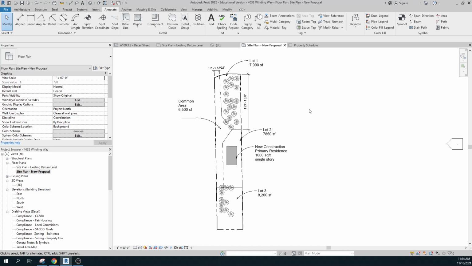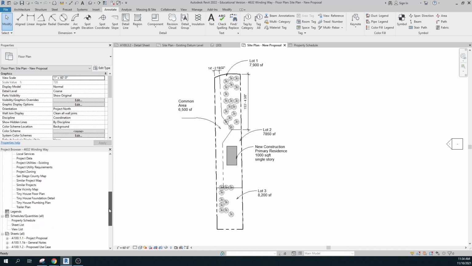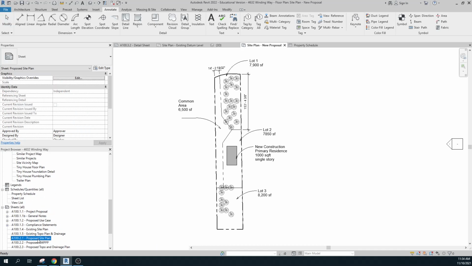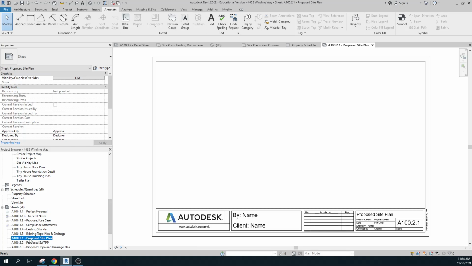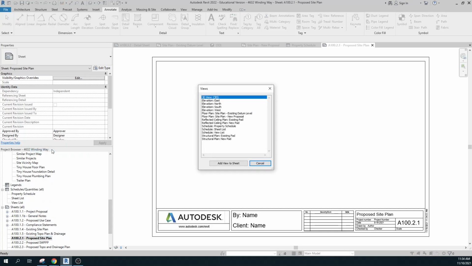You may need a demolition plan. We'll go into that a little bit more next week, but I'd like you to really spend the majority of your thought process on what this is going to be like right here. So there we go. That's your site plan new proposal, and that would go on your proposed site plan. Right click, add a view, site plan new proposal,